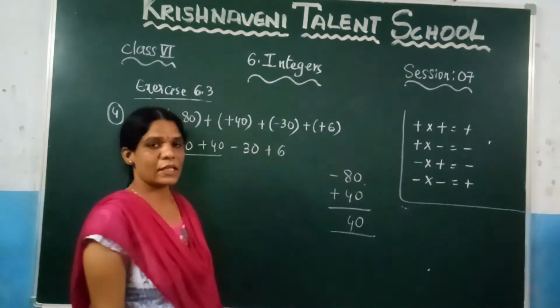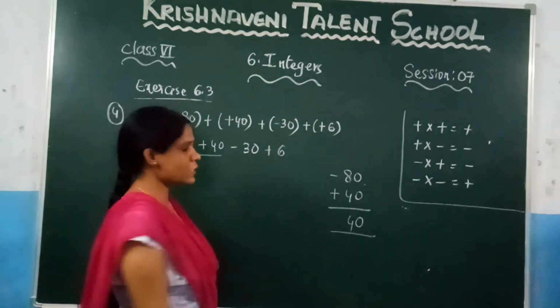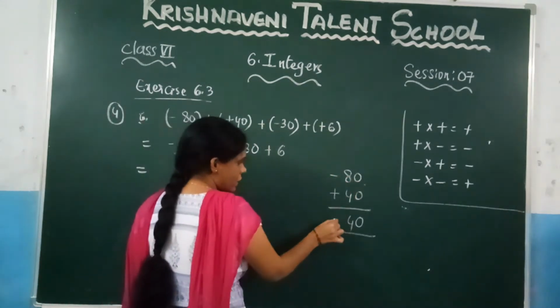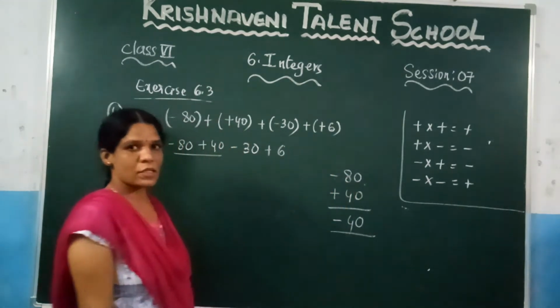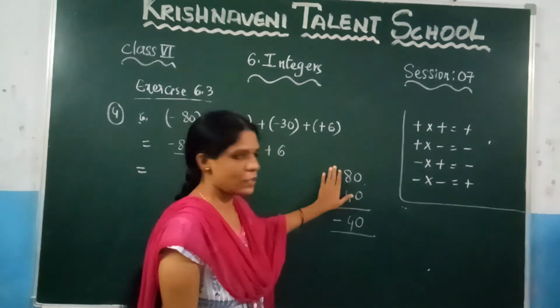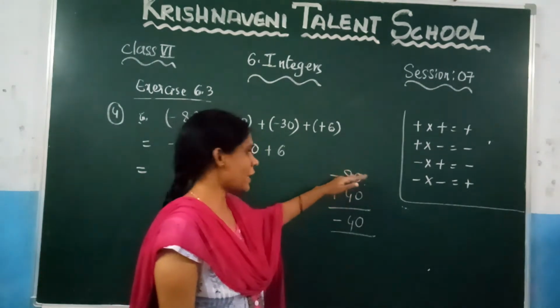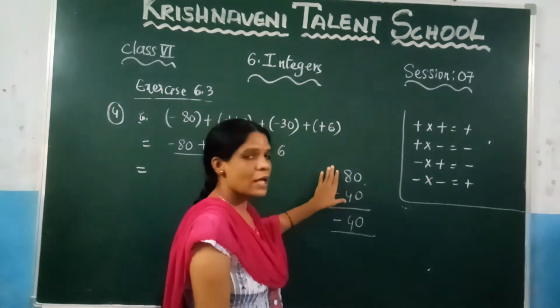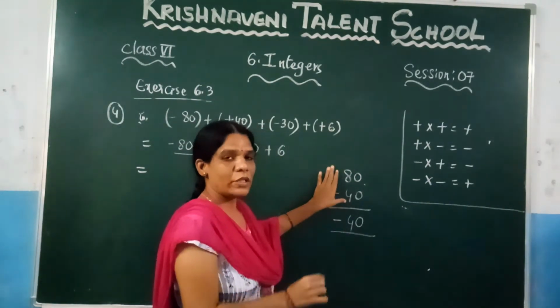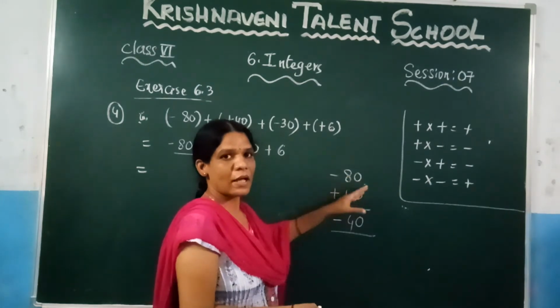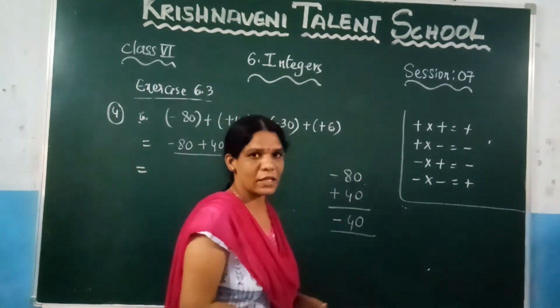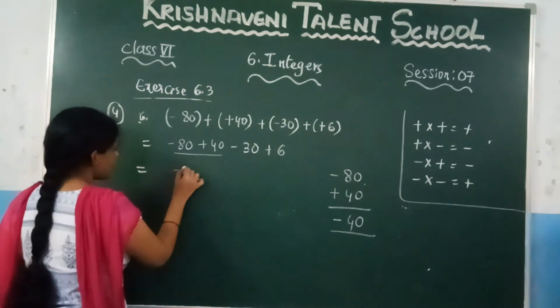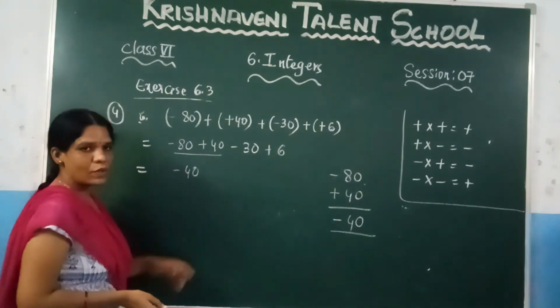Now let us see here the biggest number symbol. What is the symbol for the biggest number, which is minus? So keep it here minus. We are seeing here only the numbers, right? Because minus 80 is a smaller number, we are not seeing that one, just we are seeing the number. Among these numbers, you need to check what is the biggest number, and before symbol you need to keep it here in the answer. Now what is the answer, which is minus 40. Now let us take this one.